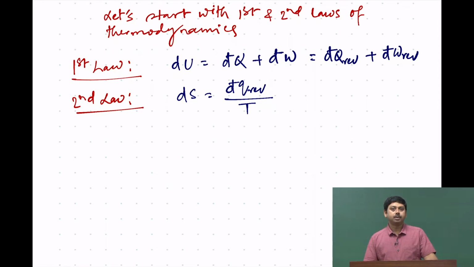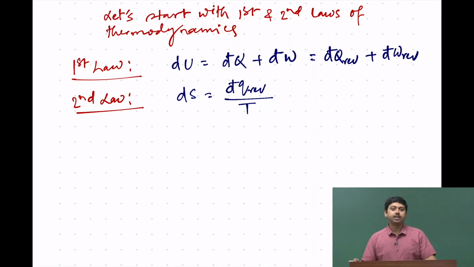For example, we talked about the free expansion inside an isolated system, and what we saw there is that since our system was isolated, there was no change in the heat. So, dq was 0, yet we found the entropy was increasing because dq reversible was not 0, and that